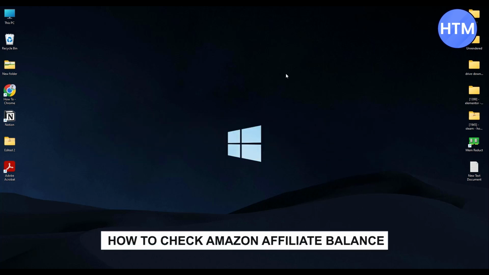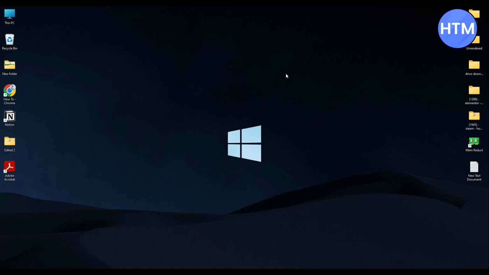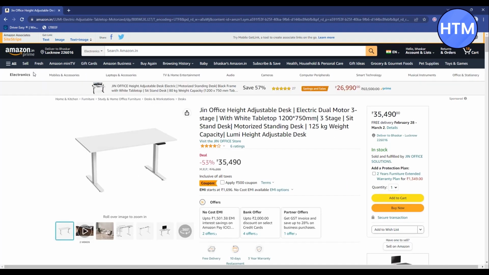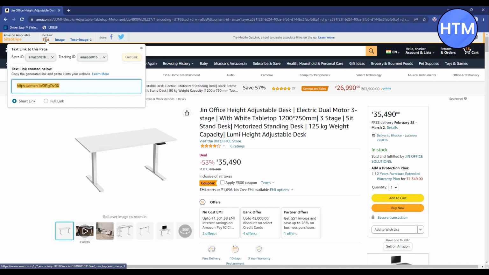Today I'm going to show you how you can check your Amazon affiliate balance. For doing that, firstly go to your Amazon website and open the product that you shared the link to a viewer, a customer, or any friend you sent your Amazon associate link to. If you have sent your Amazon associate link to anyone and they have made a purchase, now for